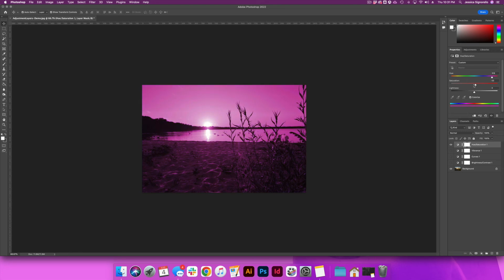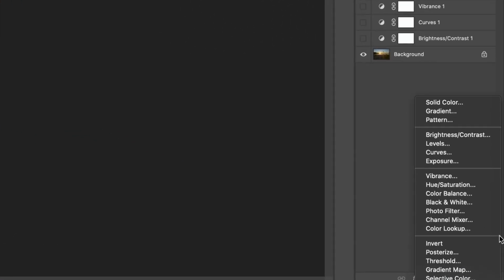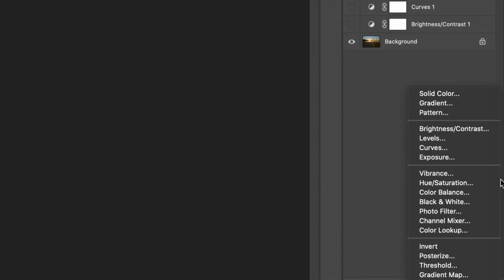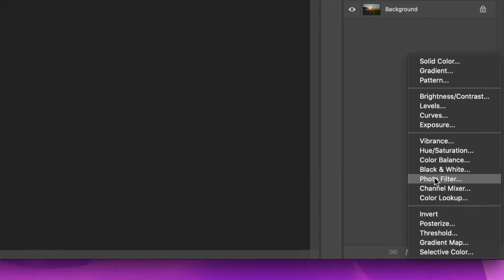Another thing that you can do with this is you can bring saturation all the way down to the left, and it turns it into a black and white photo. All right, so now we're going to hide that. I do want to point out that an easier way to get a black and white photo is just by clicking the black and white option. But we're going to move forward from these color options and move down to the very last section, which are